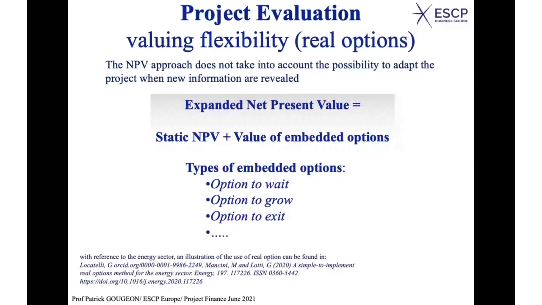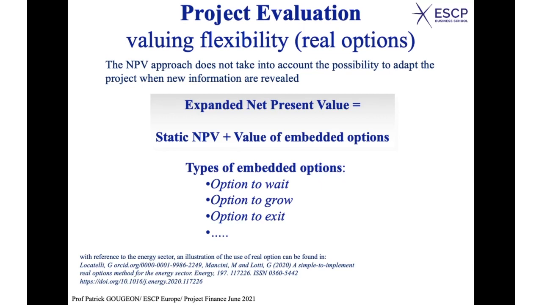The idea is to say, well, let's look at the NPV or the APV, and let's assume that it is negative. Well, before saying, no, we are not going for the project, you should ask yourself, yes, but maybe if there is some flexibility in the project, this is a value which is not included in the NPV. And maybe the value of the options which are embedded in the project would be high enough